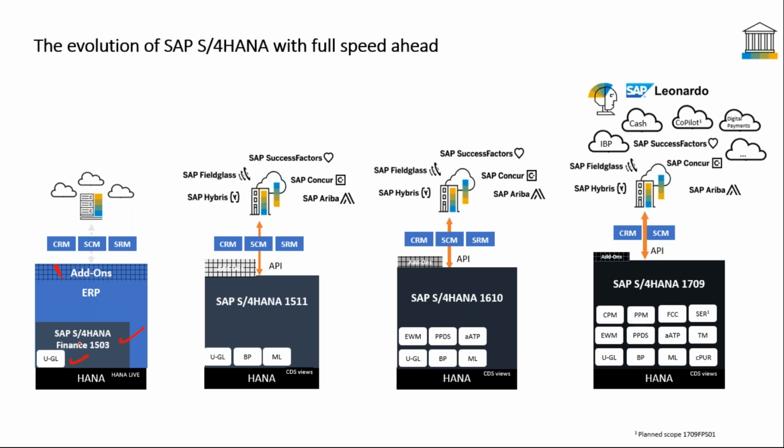So even on the cloud side, I told you about on-premise to cloud and cloud integration. That is all happening through your API interfaces, right? Application programming interfaces. On the cloud side, you see the number of SaaS-based applications increasing from time to time. From 1511 to 1610, there are not many changes. But when it comes to 1610 to 1709, on the cloud side, so many things. Leonardo came in. So you have your cash-based applications, your digital payment application. A lot of applications have already started coming in.